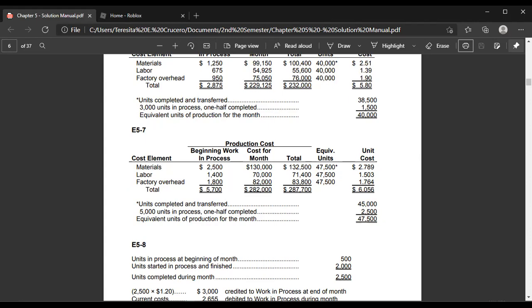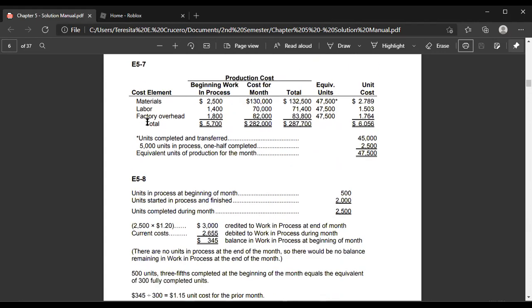Then we get the total cost for the beginning inventory and the cost for the month, total of 287,700, and the equivalent units of 47,500. Now the units completed and transferred for 45,000, that's completed, and the ending inventory of 5,000 times one half. So you get the equivalent units of production of 47,500, and that will be your divisor in computing the unit cost. So we now get the average unit cost of 6.056. Next, we go to